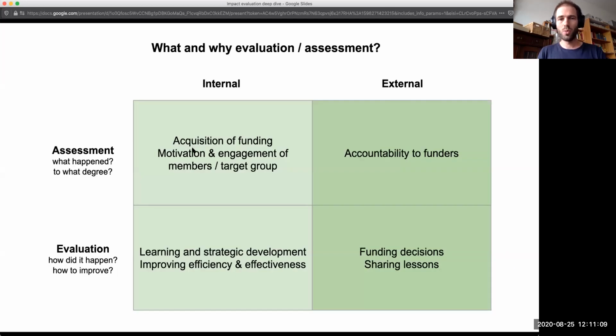Internally, assessment might be more about acquiring funding and motivating our members, that we see that we're actually achieving what we set out to do. And evaluation is more about learning, developing our strategies, improving our effectiveness, while from the external perspective, it's usually more about accountability to funders, and funders having a better idea of what programs to fund and what's effective and efficient in terms of resources, maybe even sharing lessons as a funder from one program to another.